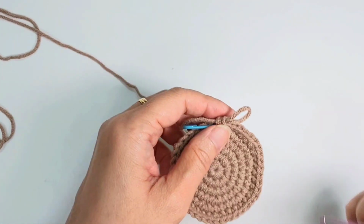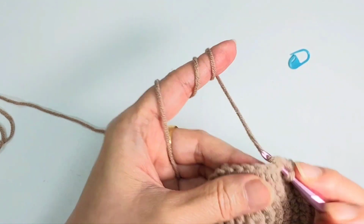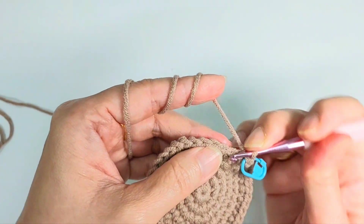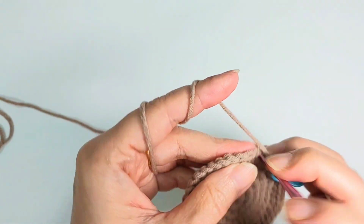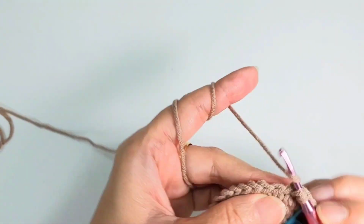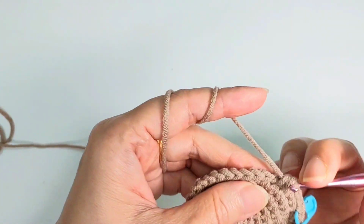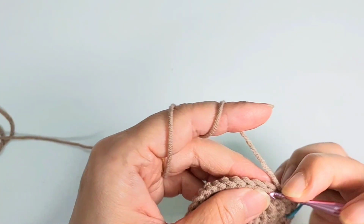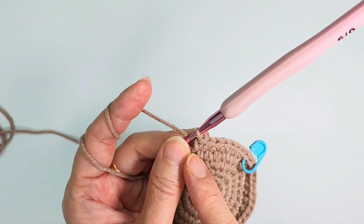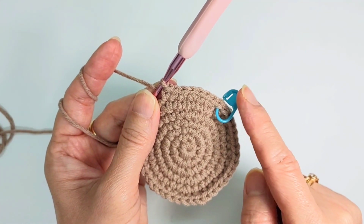Okay, now I'm going to go to row 7. Row 7, I'm going to do 3 single crochet, 1, 2, 3, followed by an increase, and then you're going to do 3 single crochet again. 1, 2, 3. So 3 single crochet, increase, 3 single crochet, that makes 1 set. So you're gonna make 6 sets of it, and by the time you come back here you should have 48